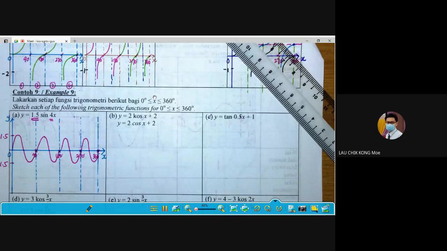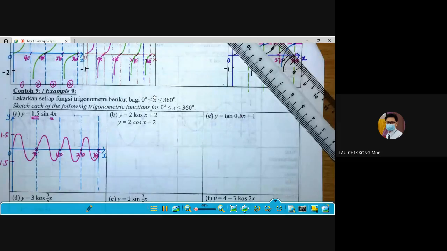Tapi dia punya nombor itu dia lain sikit lah, 1.5 and then 4 periods. Nanti you akan nampak 0.5. Plus 2 maksudnya anjak 2 unit. Kalau asal dia 2 menjadi 4, kosong menjadi 2, macam itu. Okay, so you try B, C, D, E, F sebagai latihan anda pada pagi ini. Esok kita bincang. Kalau sudah siap petang nanti, boleh hantar kepada saya untuk semak dulu. Okay, so kita hanya bincang A dulu.